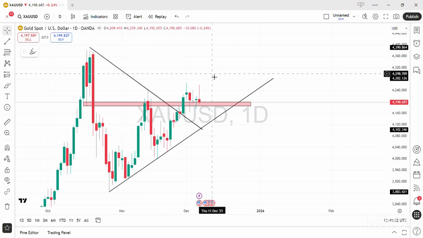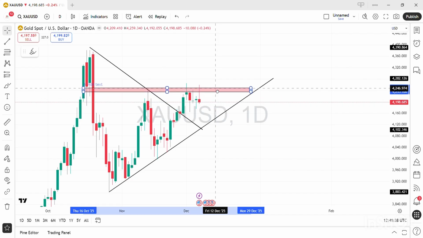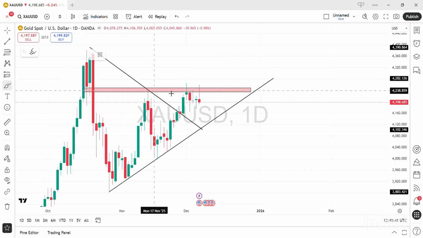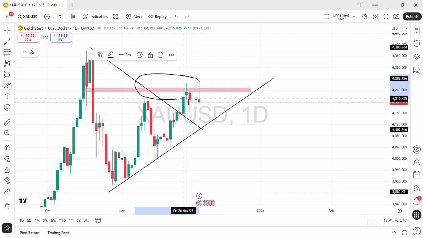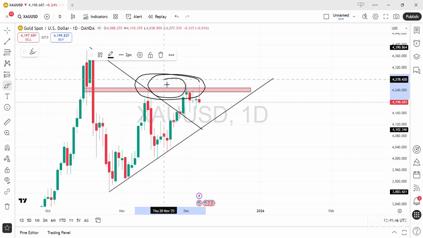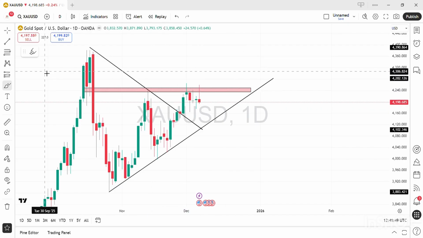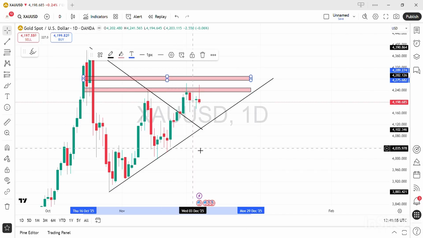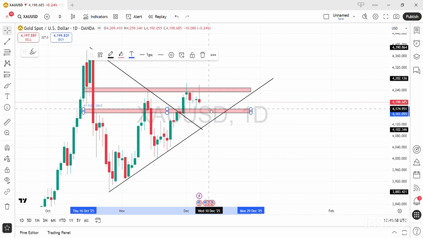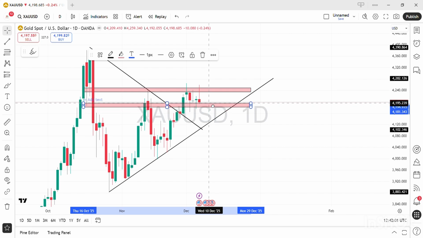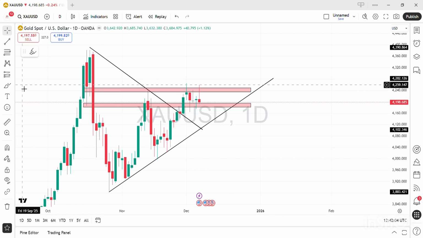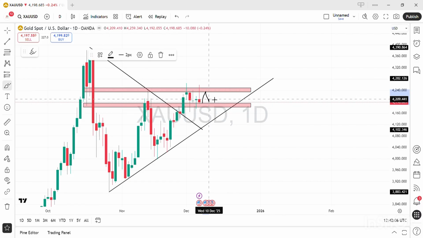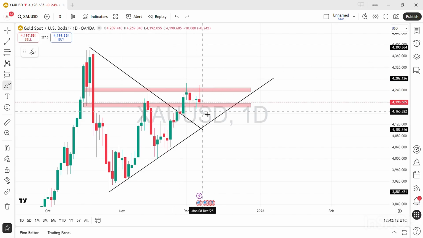And the second news is that if you move the zone above the surface, then the closing of the candle has not happened in the upside direction, which means these areas are very important. Let's copy the area and we can try to clone. Okay, so this is the structure of the market right now for gold, and gold is trying to move in between these two areas. Yes, it has given fake breakouts in the upside direction and in the lower side direction a couple of times, but this area is very important.